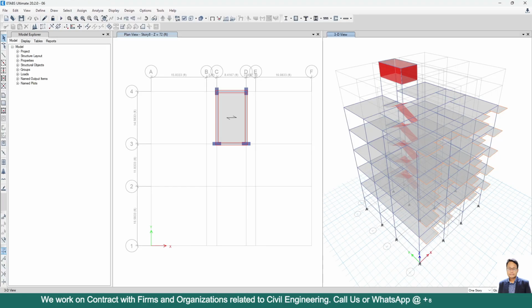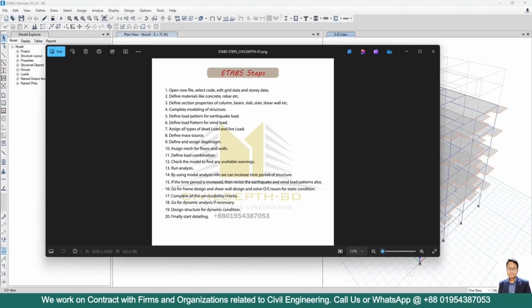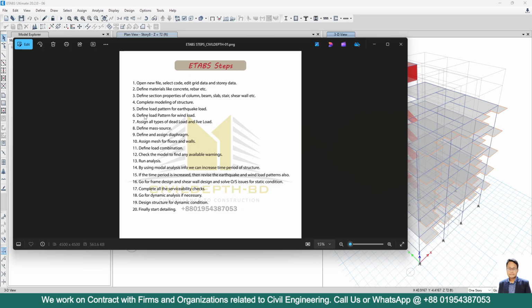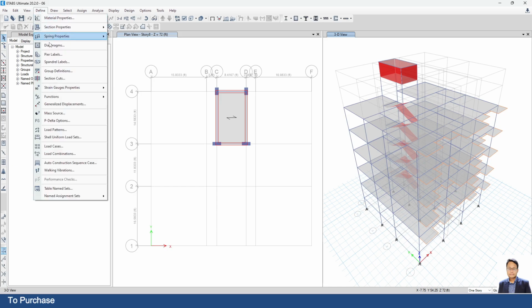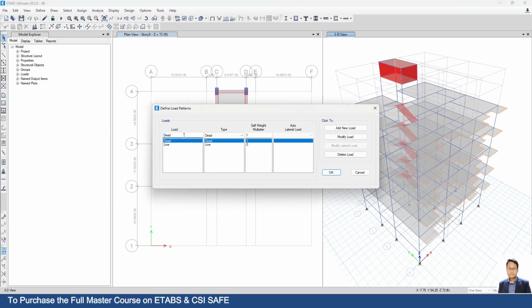Today we will go for step number 5 for this G plus 4 storied residential building. That means we will define load pattern for earthquake load. Let's go to define, then go to load pattern. Here I will write